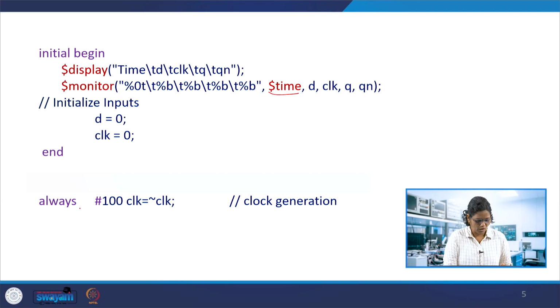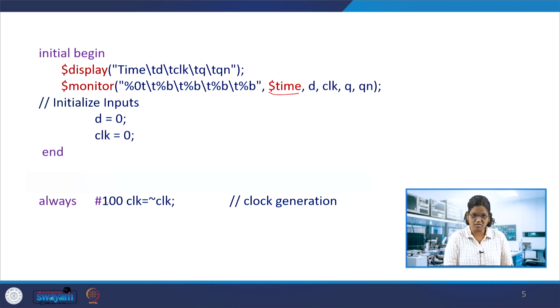So now we need to generate the clock, because the input d required for the flip-flop module is given from the test bench. Similarly, the clock input also needs to be given from the test bench. So we use this always block to generate the clock. We have seen two or three ways of generating the clock using the always block and forever block in the previous lecture. So: always #100 clock = ~clock;